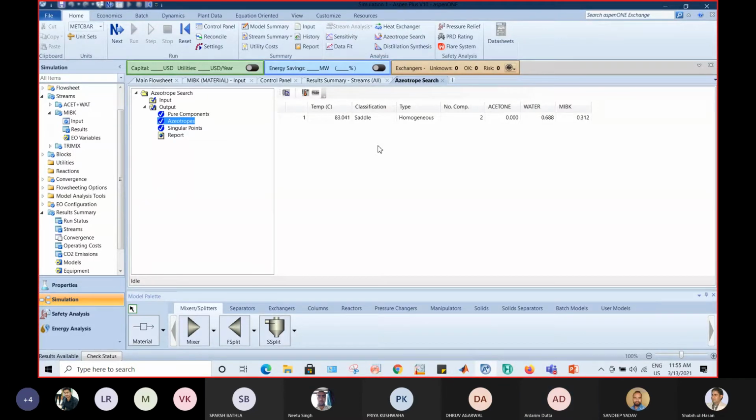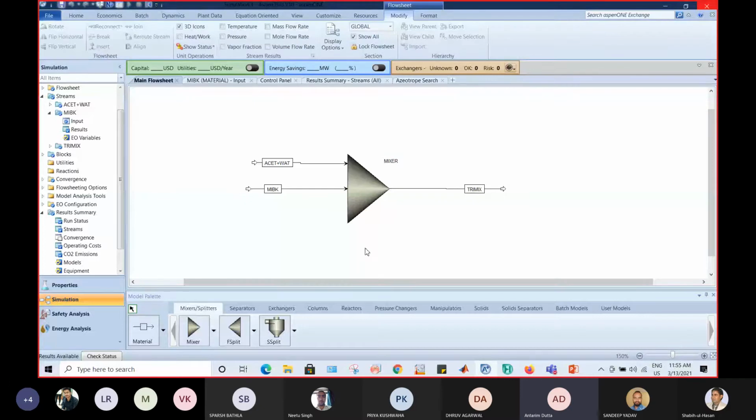So we have successfully simulated this particular mixture. We have two streams, in which one is acetone and water and one is MIBK, and we have obtained the mixed stream, and these are the result summary. This azeotrope search option is available in the simulation environment quick access toolbar.